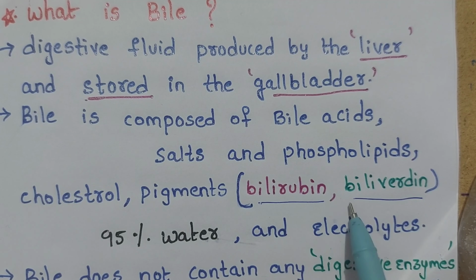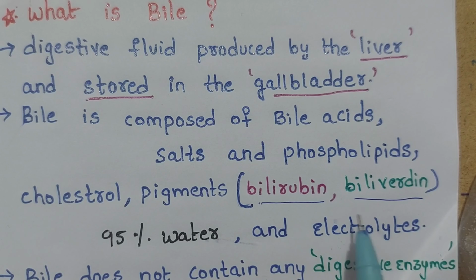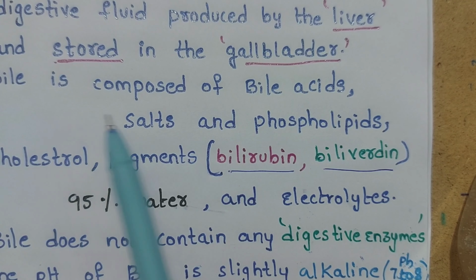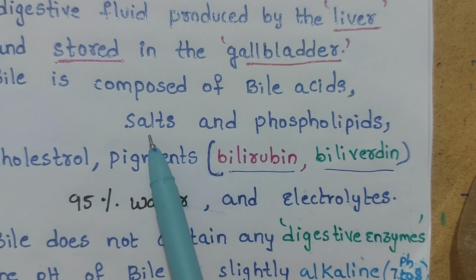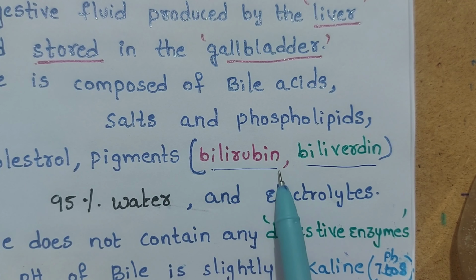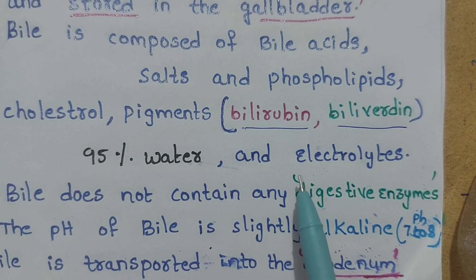This can be asked as a bit: bile juice contains which pigments, or bilirubin, biliverdin are the pigments present in which digestive fluid. So bile is composed of bile acids, salts, phospholipids, cholesterol, pigments called bilirubin, biliverdin, and bile is 95% water and